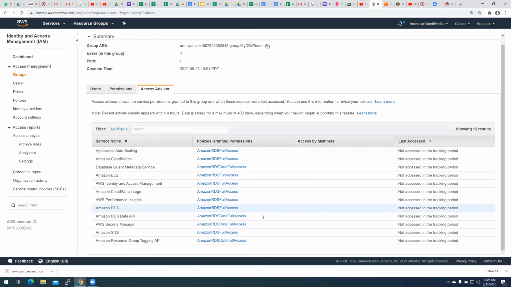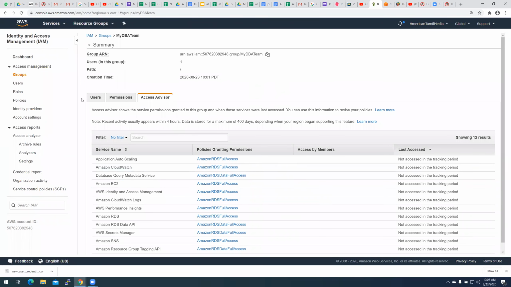fine-grained permissions. We just said attach one policy, but that policy has so many fine-grained accesses, and that touches these services. For example, this RDS full access also touches the Amazon EC2 service. So remember we talked about going with least privileged service. So let's create our own new policy and attach it to this group. Okay.